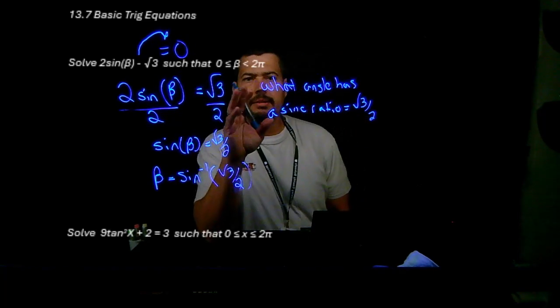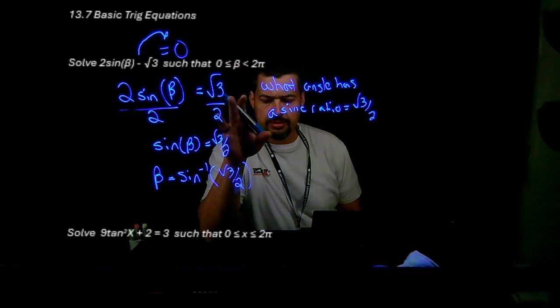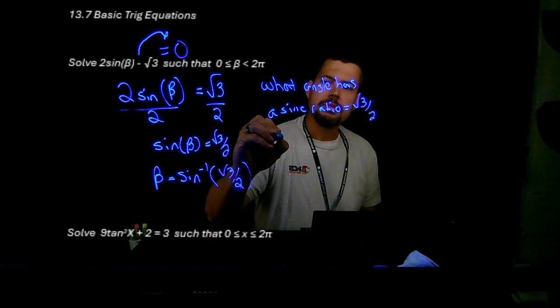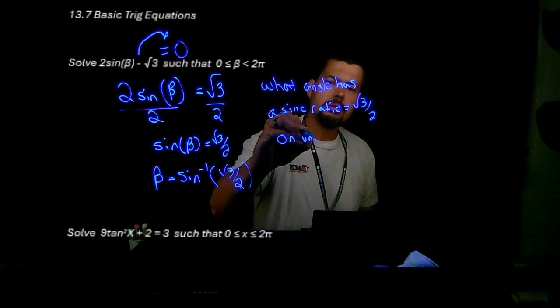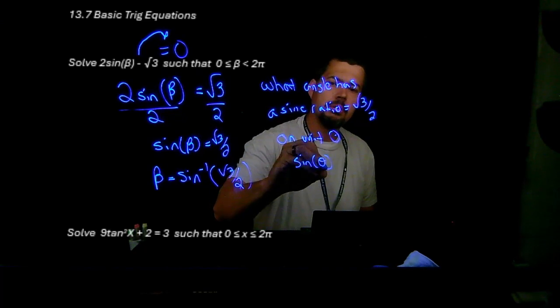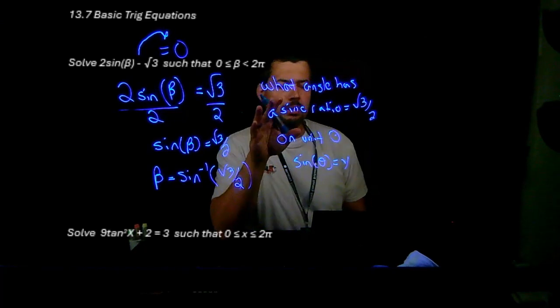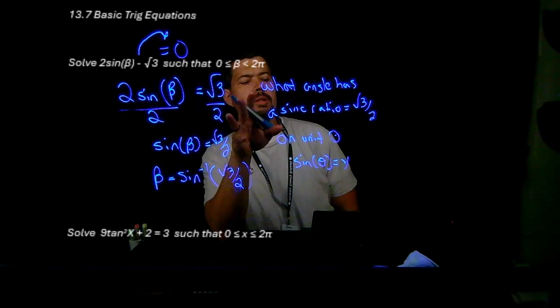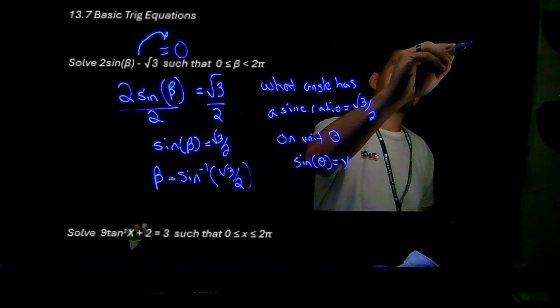Now, I really shoved the unit circle down my kids' throats. So on the unit circle, the sine of an angle is y. So I'm thinking about unit circle concepts here. And on the unit circle,